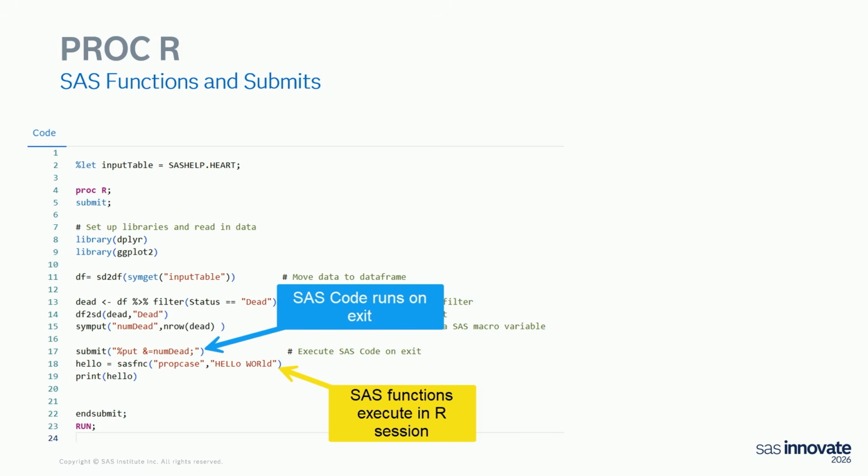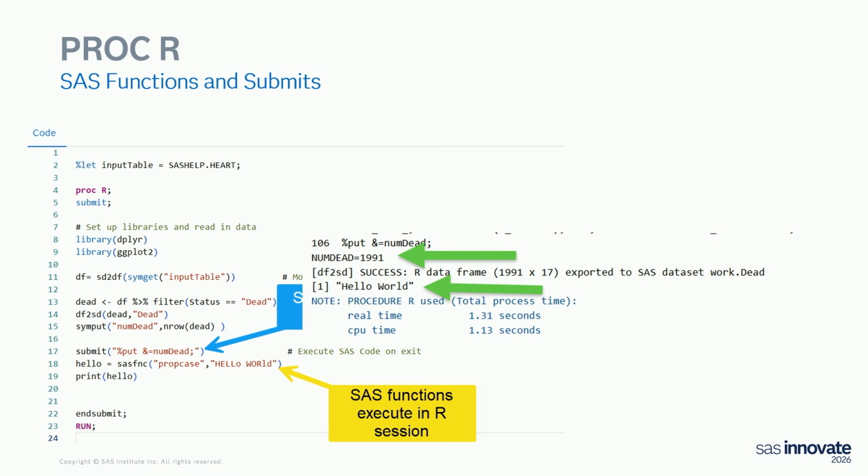And it's literally just doing the put statement, right? So it's going to put that number into my log. And then down here on line 18, I'm saying, let's do an R value of this string run by that function, right? World's dumbest function, but you know what it does, so it's pretty simple and straightforward. And then I tell it to print. So when I run this code, it's going to show me that there are 1,991 dead people in the sashelp.heart data set. And so it puts that in the log.